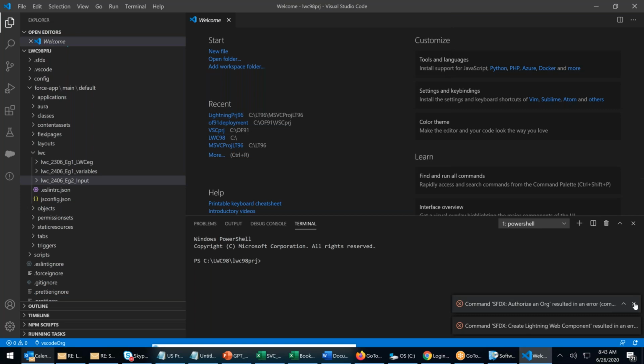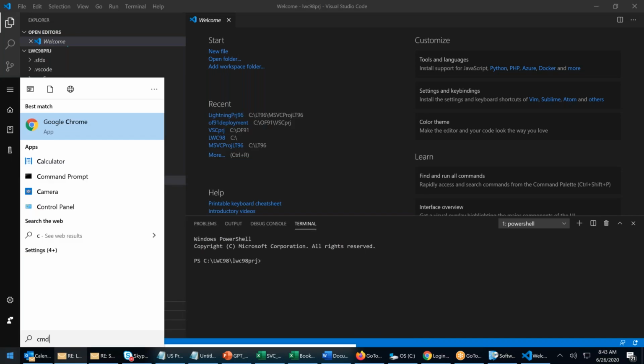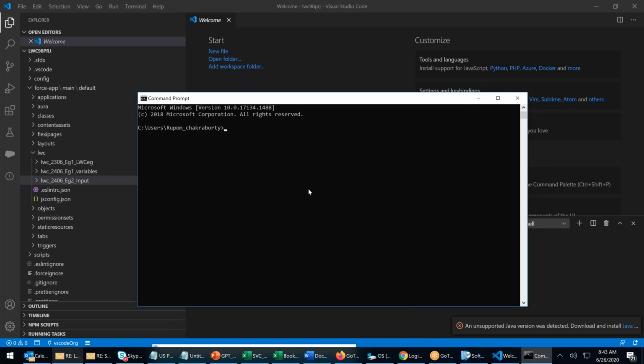That also resulted in an error. This usually doesn't happen. I don't know why it's happening because I've been using multiple things since yesterday. I'm using SFDX even for the 91 batch to show them an SFDX deployment, so that could be the reason. SFDX update, let us check whether there is any problem.